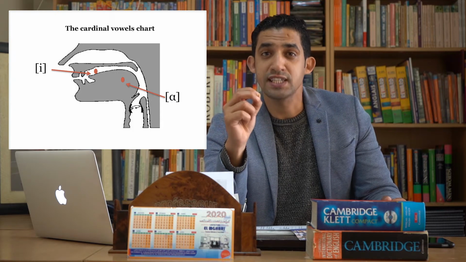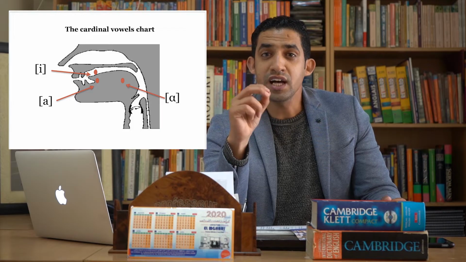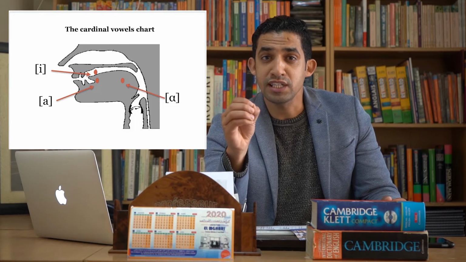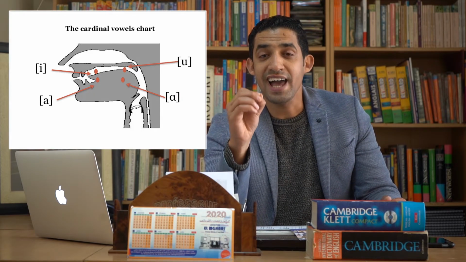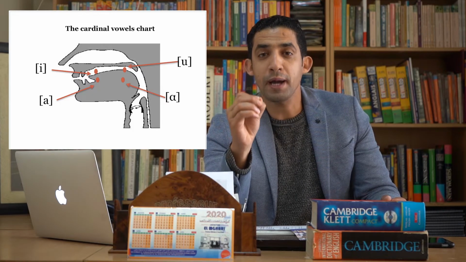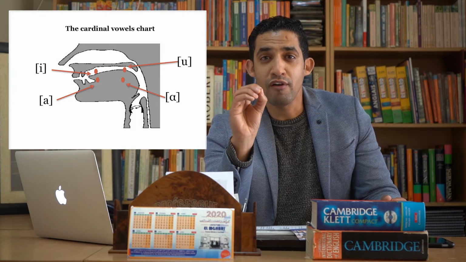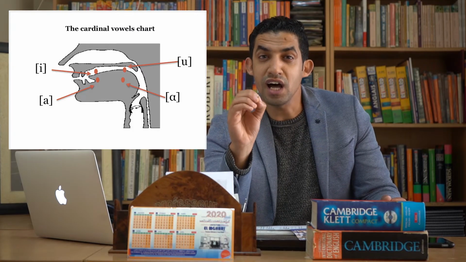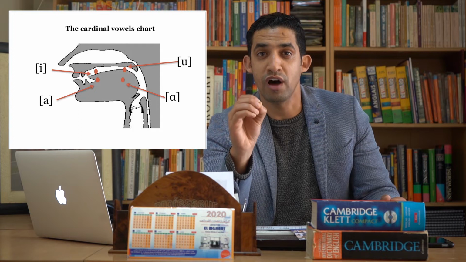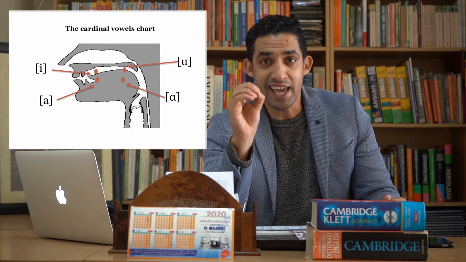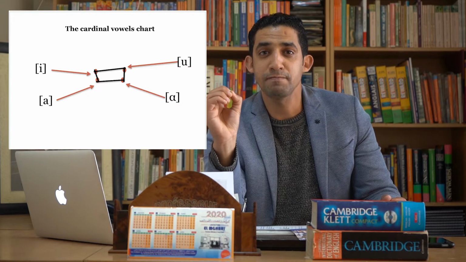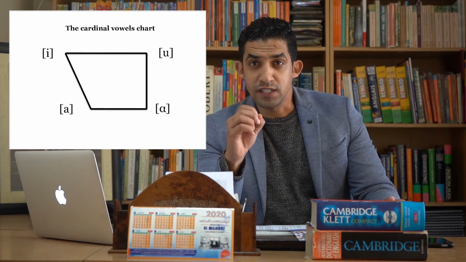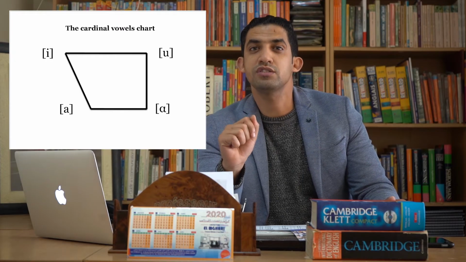Also, it was noticed that in the production of the vowel A, the tongue is actually low and it is pushed to the front part of the mouth. And also, it was found that in the production of the vowel oo, the tongue is actually high, but pushed to the back part of the mouth. These four vowels actually represent the four reference extreme points that the tongue can reach while trying to produce all vowels. So what Daniel Jones did, he actually matched between these four points and made what is called the Cardinal Vowel Chart. So the Cardinal Vowel Chart is a set of reference vowels used by phoneticians in describing the